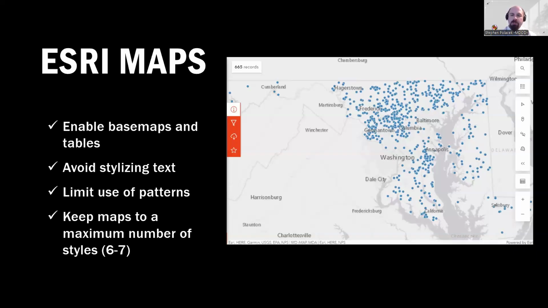A couple other things to keep in mind with Esri when you're using it is try to avoid stylizing your text. A lot of the time that can interfere with readability. In most cases, you want to use more of a default view, or make sure that you're using a high contrast version, like black text with maybe a white outline. But try to avoid doing more than that, or trying to filter information based on stylizing text, because that might make it harder to read,